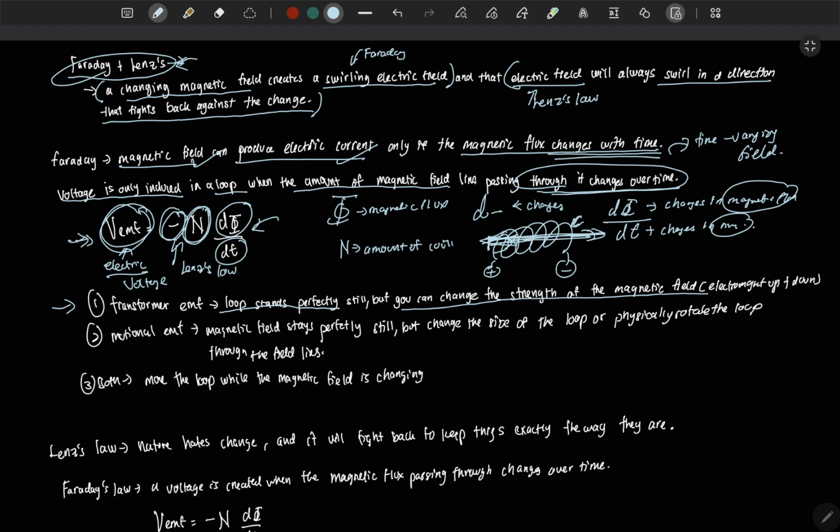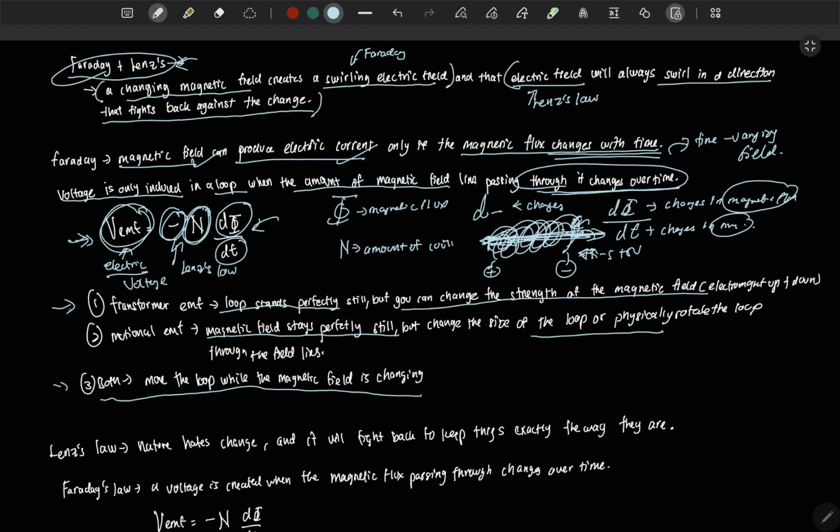So if you take it from higher voltage to lower voltage, the changes here make the magnetic field change, so that creates current. Now the magnetic field stays perfectly constant, but the size of the loop is changed. You are connected to plus 5V, but you are increasing the loop, then you are decreasing the loop. Maybe both. You move the loop and the magnetic field is changing.